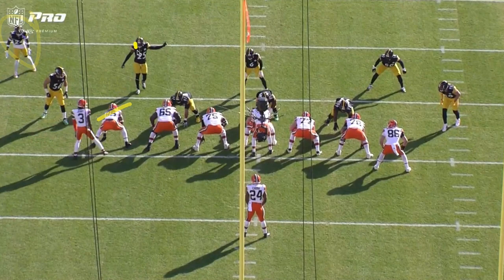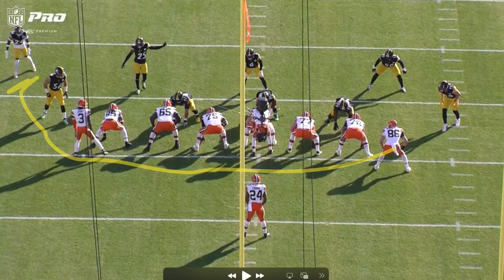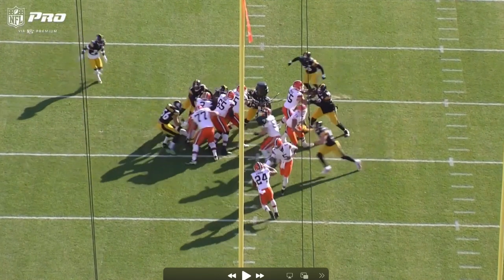So the idea is to muck up this entire area, shove everybody down, get to the second level, and create a seal here. And then they're going to have the pulling guard come and get Highsmith, and the pulling tight end follow and hopefully get Joey Porter over here and spring this run. But if you see what happens,